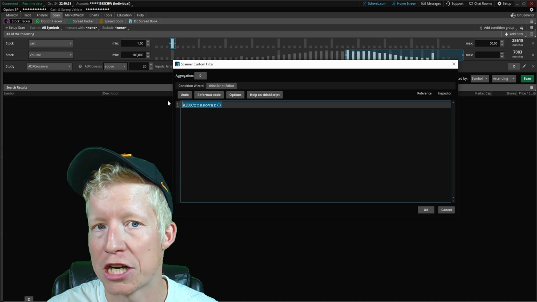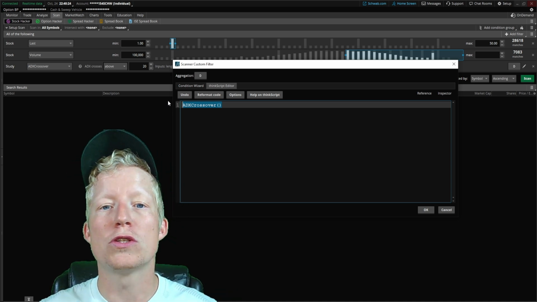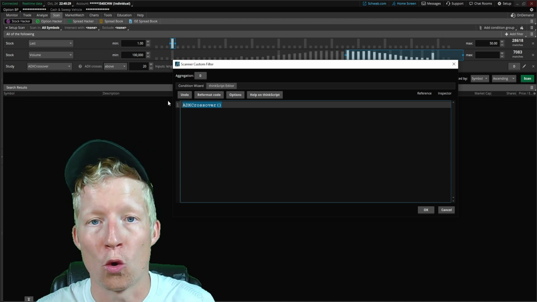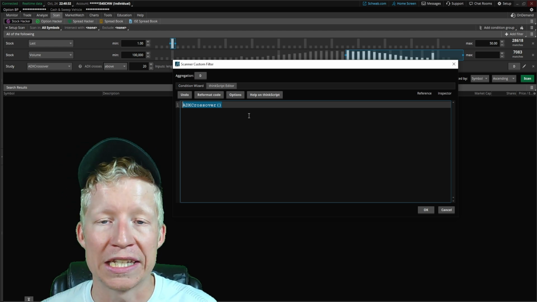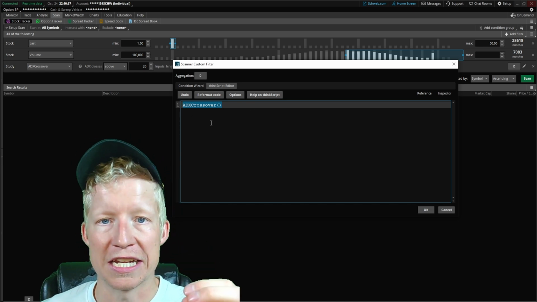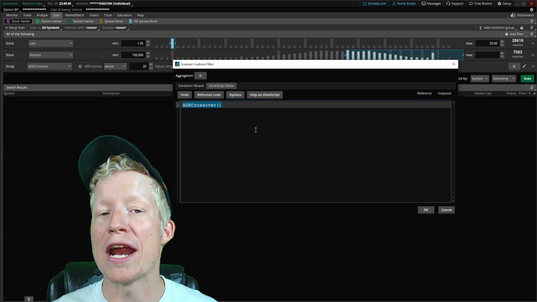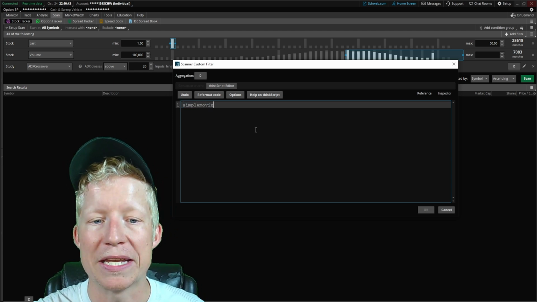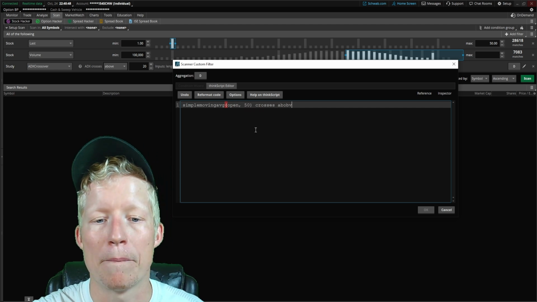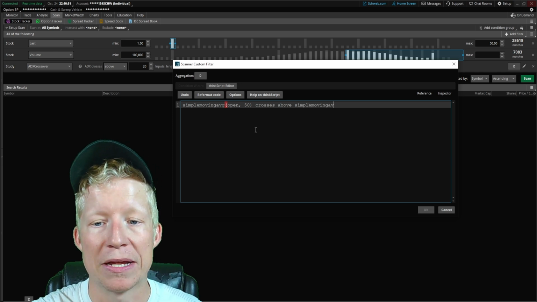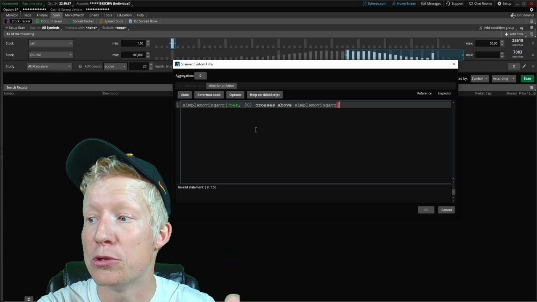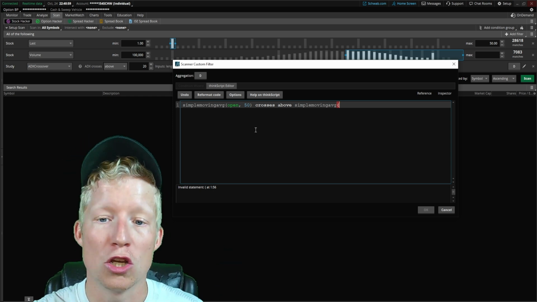Unlike study and strategy codes, with scan functions you don't have to use variables. You don't have to declare variables in order to initialize values. You don't even have to end lines of code with a semicolon. You can build your custom study scan functions out that way. But for a simple statement like this, we can simply begin typing in simple moving average, open 50, crosses above. Remember, crosses above meaning happens today, which is very important for the scanner. We want to see stocks where this is happening today,